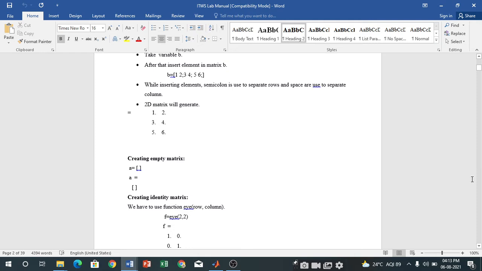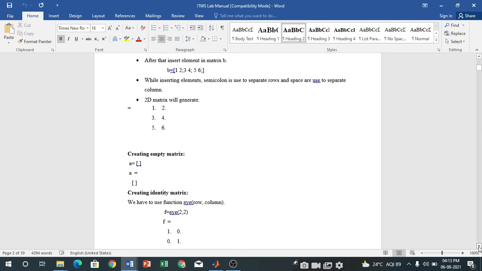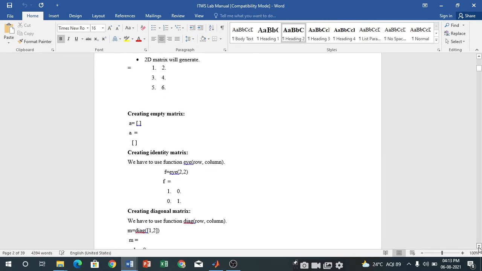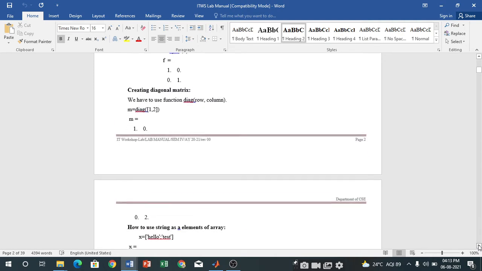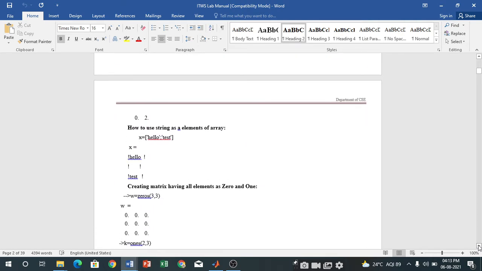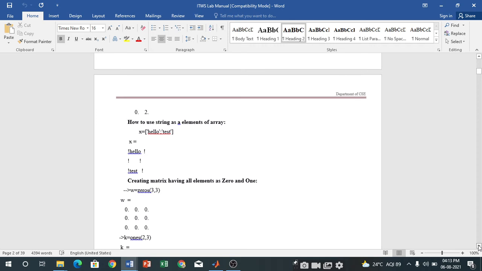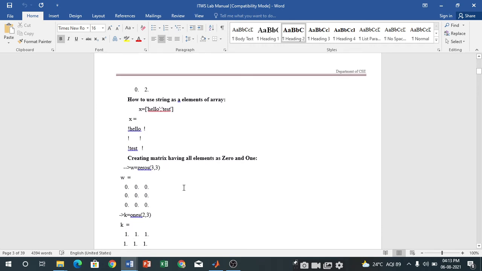Another is the identity matrix, that is if you want to describe the diagonal matrix, at that time we will use the diagonal also. Okay, so these are the different commands with the help of which we are going to create one or two dimensional and three dimensional matrices. We can also display the zero matrix, zeros and ones with the help of MATLAB.